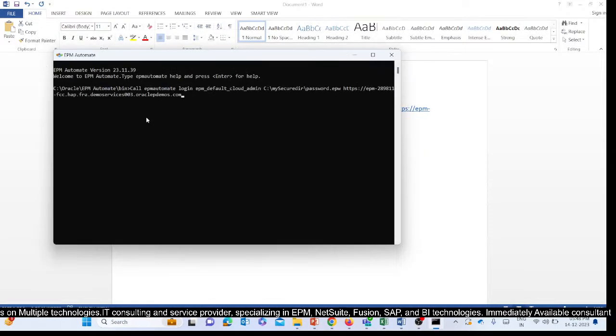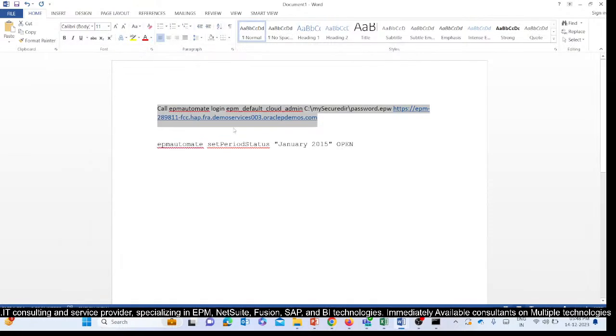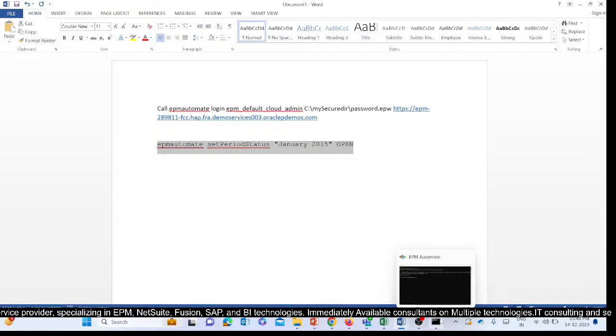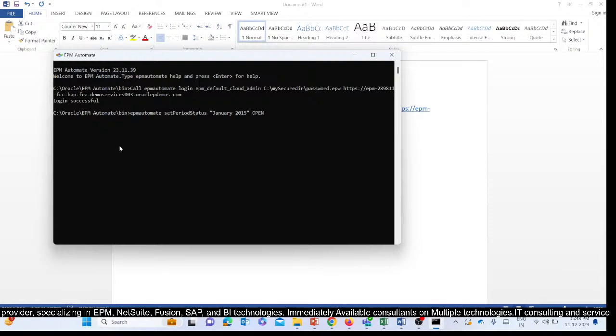First I will log in. I've already encrypted the password. You can encrypt the password. So login is successful. Now I will run the command for set period status. Let's see whether we will be able to do it in FCCS or not. We'll simply copy this and